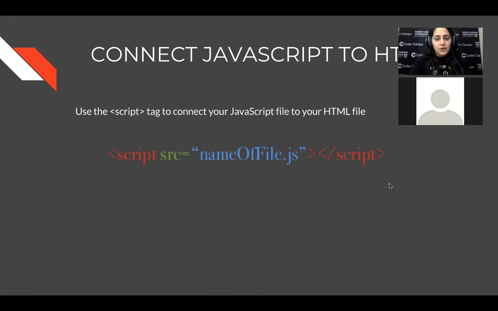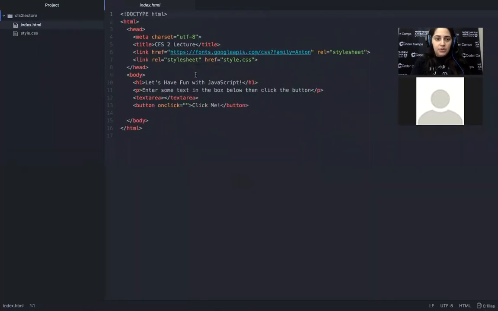So first things first, when you are introducing JavaScript into a project, you want to be sure that you're connecting your JavaScript file to your HTML files. And the way that we do that is using a script tag. The way that looks is just like every HTML tag, we have an opening and closing tag. And then within that, the script tag has an attribute, which is the source, similar to the image source attribute, where you just put the source of the file. So if we look at an example here, I have an